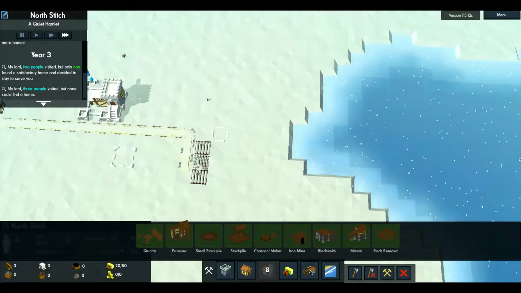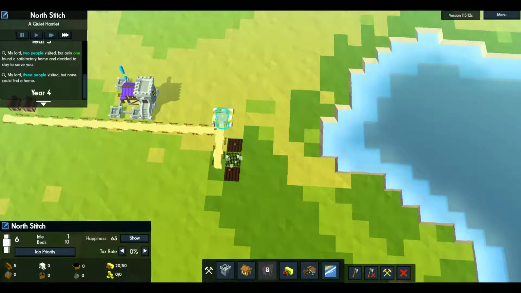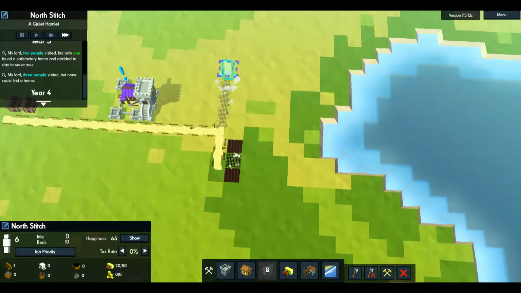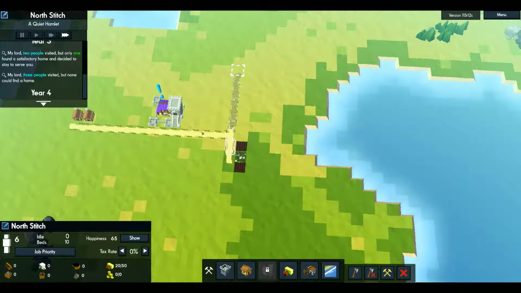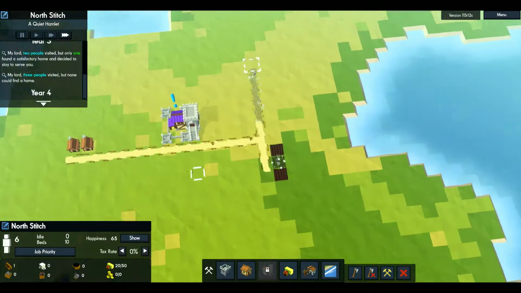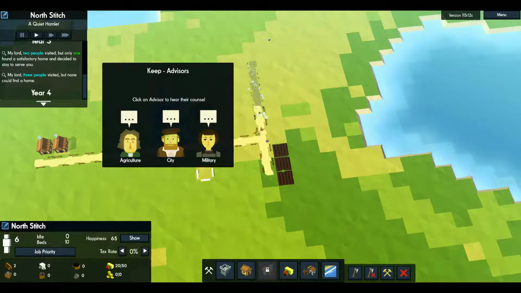Okay, so we definitely need a road more to the north as well. So we'll do a T-junction here. We'll get a road going in, and there's some initial roads there. Check in with our advisors, of course. And the advisors are saying...